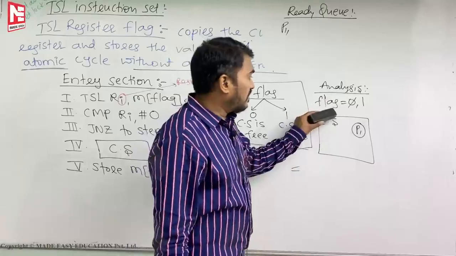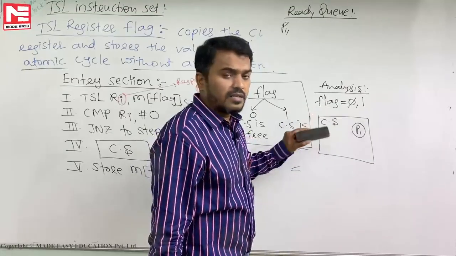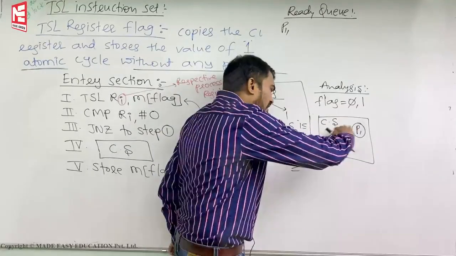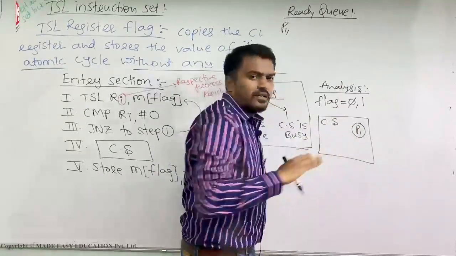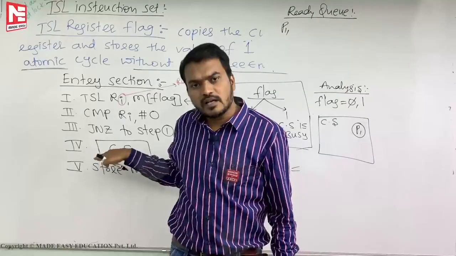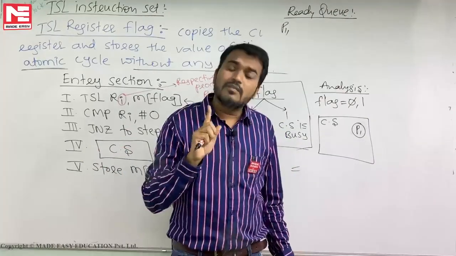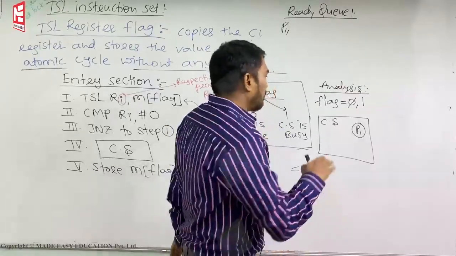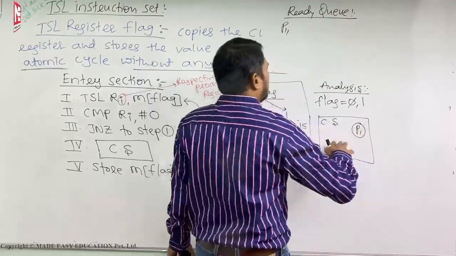ध्यान से सुनो, P1 पहले शेड्यूल हुआ, फ्लैग वैल्यू 1 करके वो CS के अंदर आया। अभी P1 एग्जीक्यूट कर रहा है, क्रिटिकल सेक्शन के अंदर कोड चला रहा है, शेयर्ड रिसोर्स, शेयर्ड वेरिएबल को चला रहा है। क्रिटिकल सेक्शन में 1 लाख इंस्ट्रक्शन हो सकते हैं, 10 लाख इंस्ट्रक्शन हो सकते हैं, कुछ भी हो सकता है। तो P1 यहाँ पे चल रहा है।